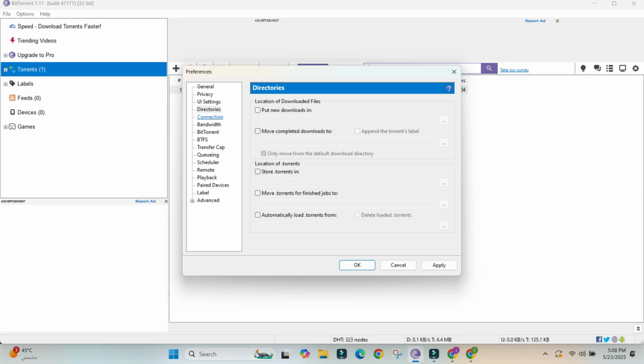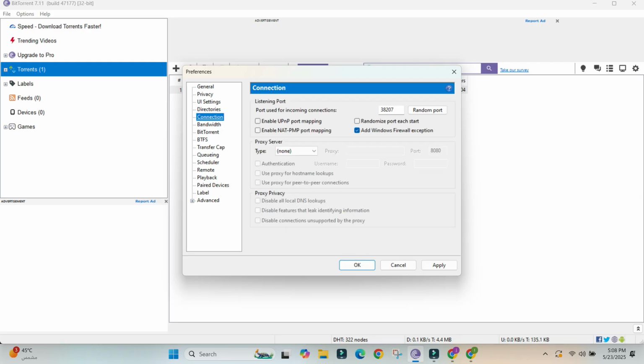The next important setting is in connection setting. You have to change three things there. First is the port setting. First of all, you have to check this port. If you are using any proxy or any specific port, then change accordingly. Otherwise you can change this port as I am changing here, 4655. This is one of the important ports. If you use this, your speed will be automatically increased.